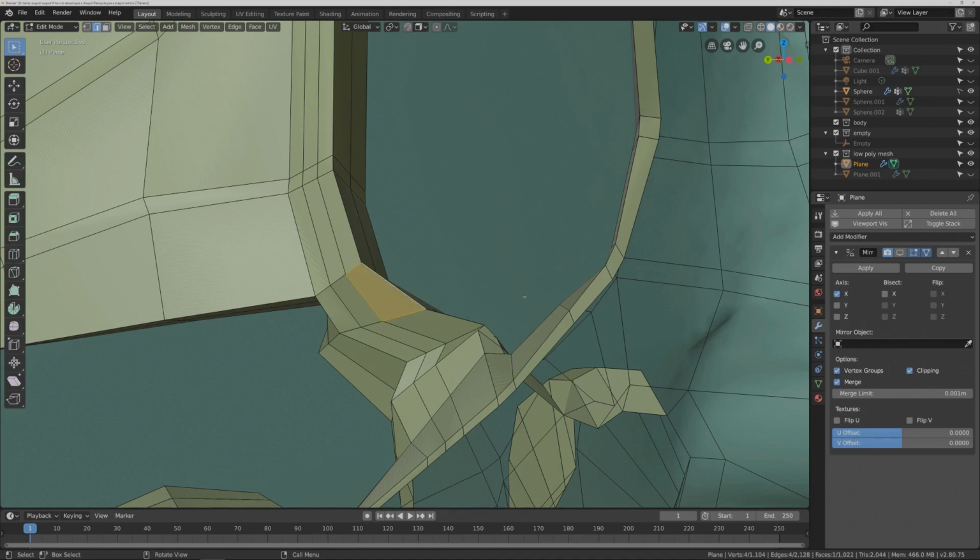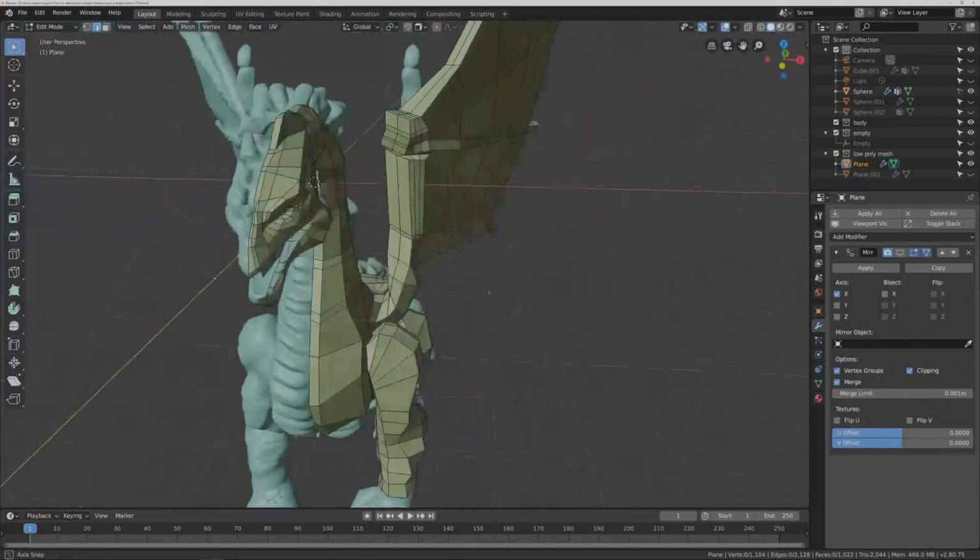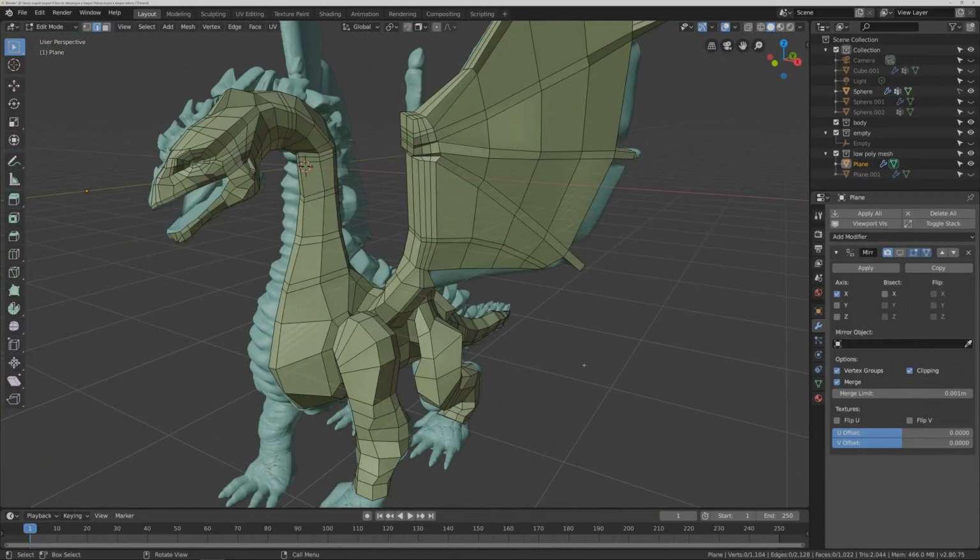I'm gonna hold Alt, press A to deselect. I'm gonna hold Control as well as the middle mouse button to zoom back. I'll left click on nothingness. Well, we already deselected. Kind of like doing that. It makes me feel certain about things. When I turn the mirror back on,